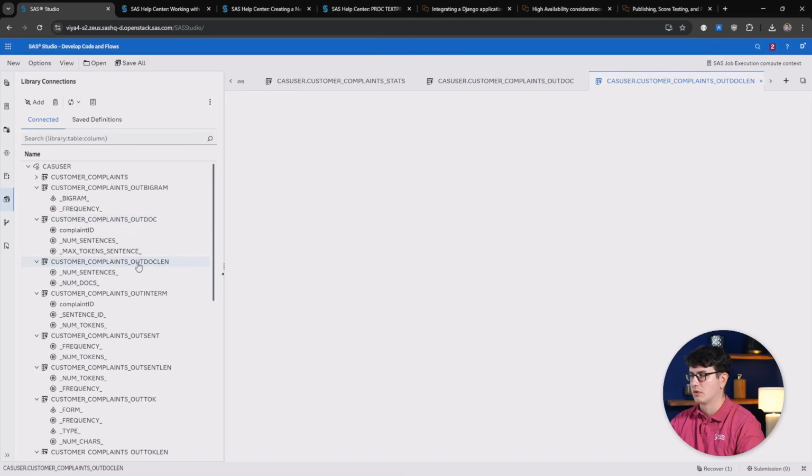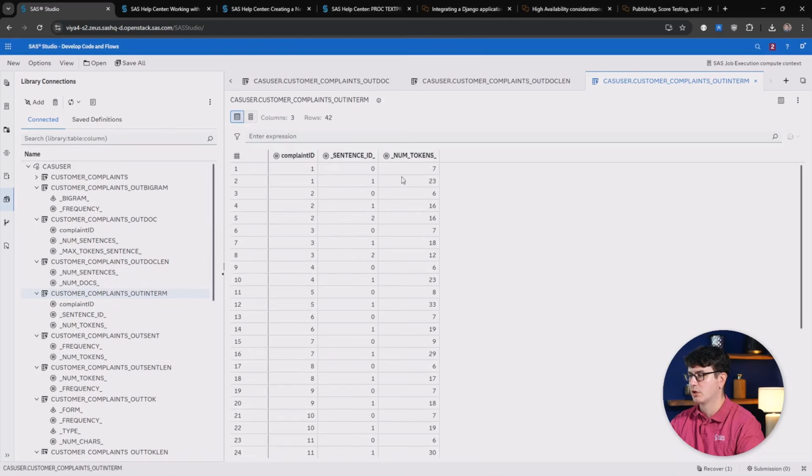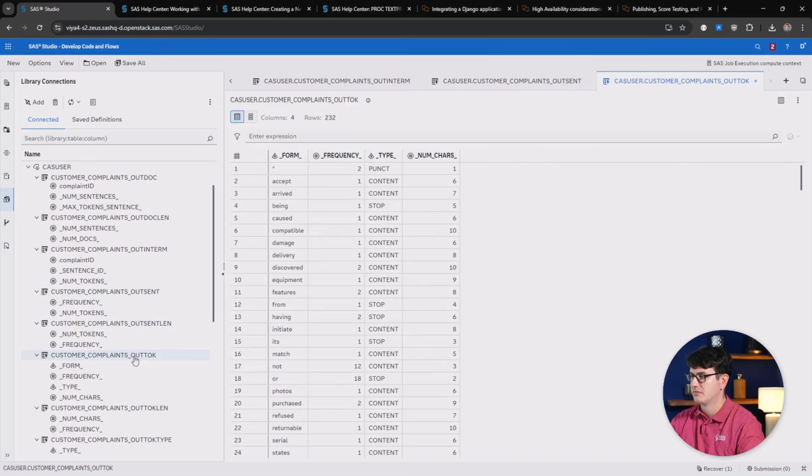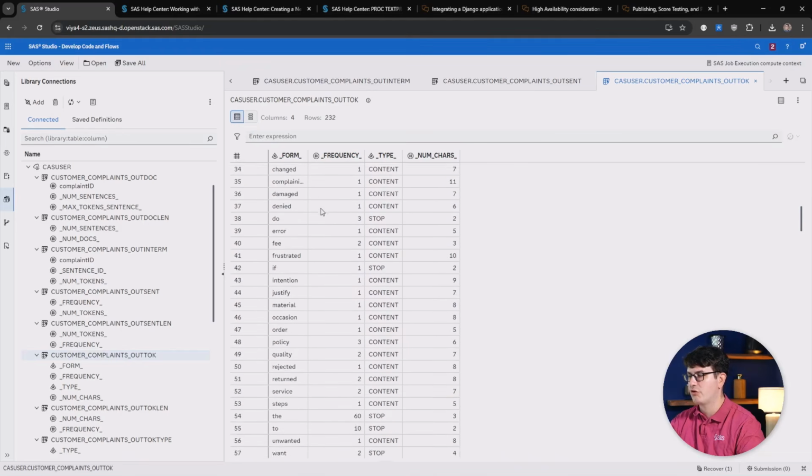We can also look at document lengths to see how many sentences and number of documents we have within it. We can take a look at the number of tokens for each individual sentence within them. Very interestingly, we can see word counts, their types, how many characters they contain,